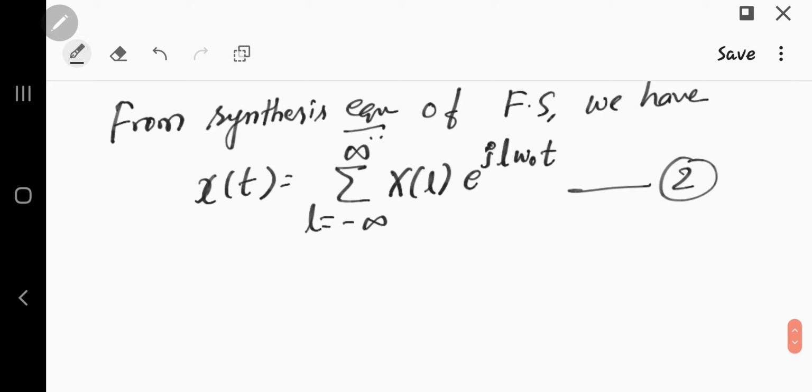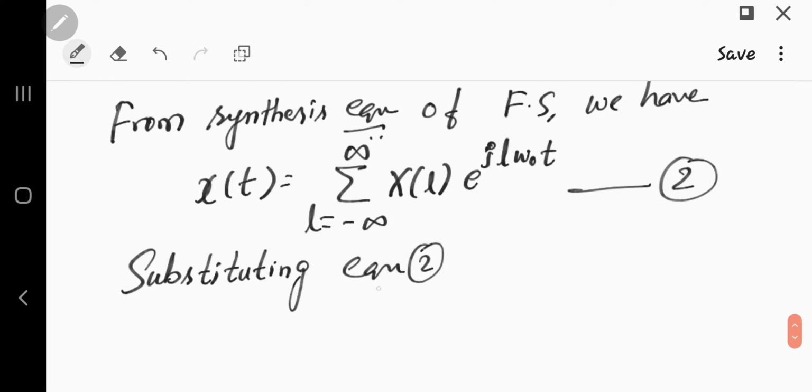I am just changing this with some other variable. So you can call this equation 2. Now substituting equation 2 in equation 1,